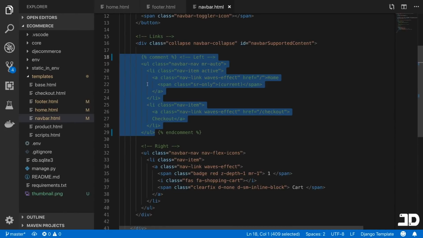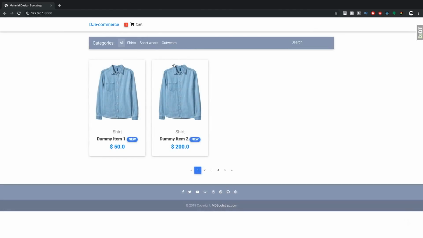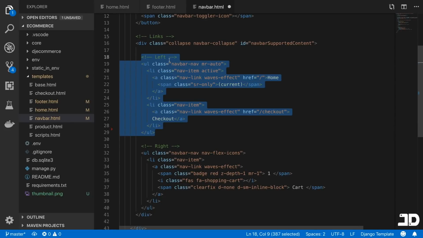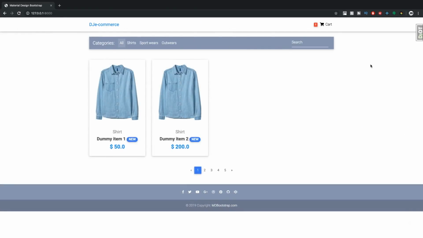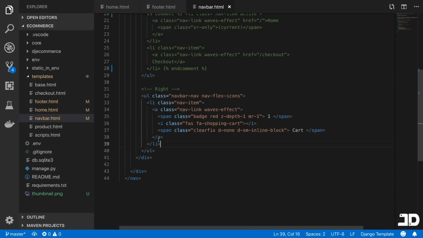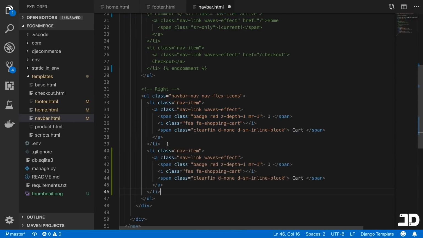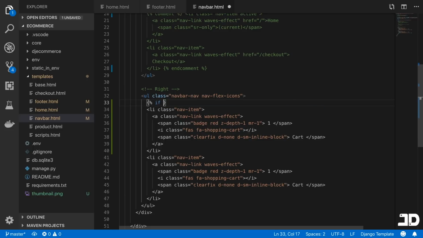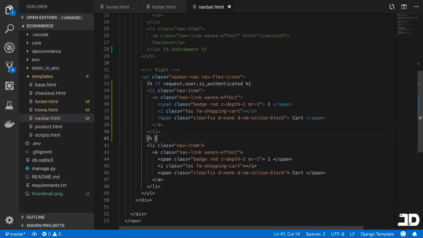Here I'm just going to comment this out because maybe you want to use it to specify something there. And okay, that style is a little bit messed up, so let's just comment out the list items instead. There we go. And so then here on the right hand side, we don't want to show the cart if the user is not authenticated yet. So we'll come inside here and I'm going to copy that list item, and here we'll say if request.user is authenticated, then we will show that item, and I'll say else, then we'll show this item,